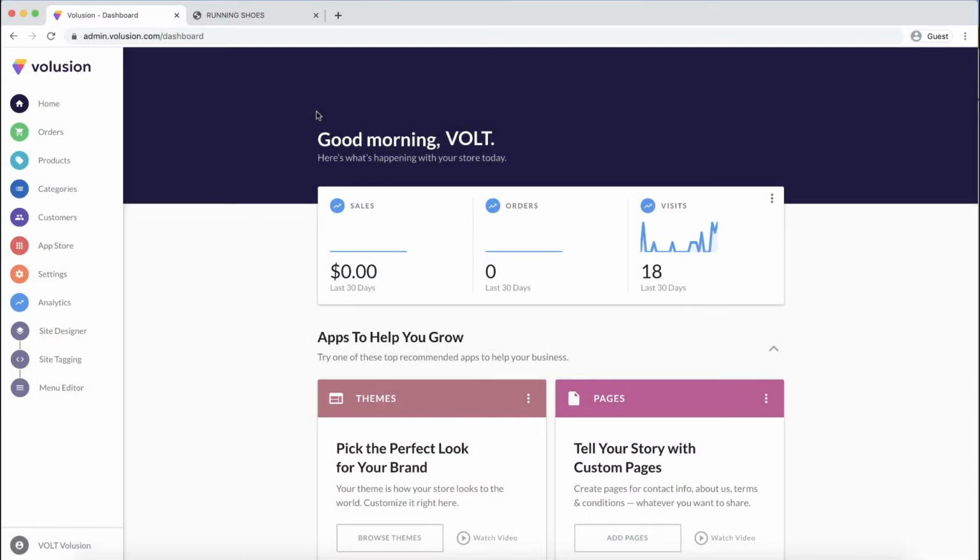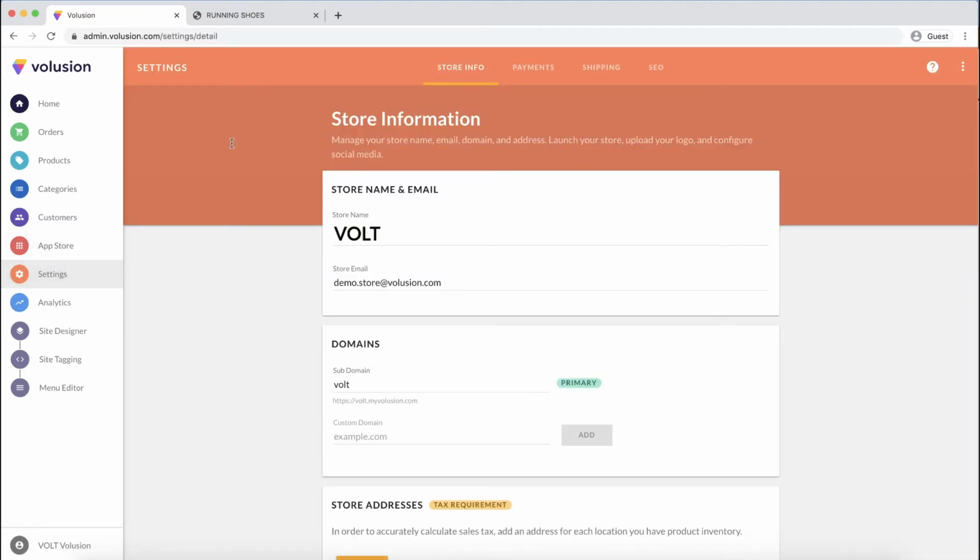In this video, I'm going to do a quick walkthrough of everything you can find in our Settings app. So starting from the home screen in Volt, let's go over to the left-hand navigation and click on Settings. Okay, so there are 4 menu options at the top, and we'll walk through each of them quickly, starting with